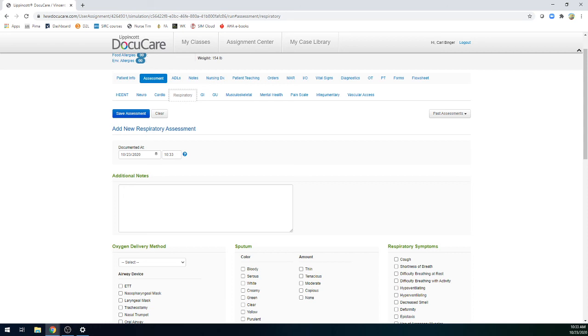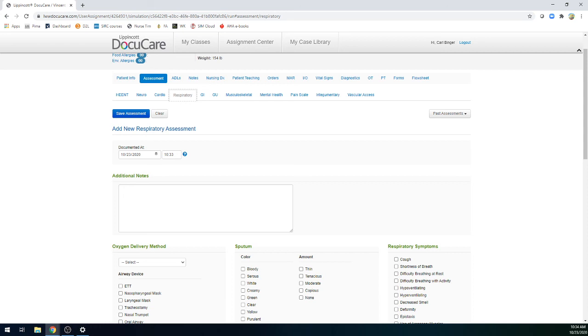He had an anoxic brain injury, let's say. I'm going to go to the respiratory tab and run a report of all the assessments on him. If I wrote a note about his respiratory assessment and the ups and downs of it, the things I found prior to intervention and after intervention,